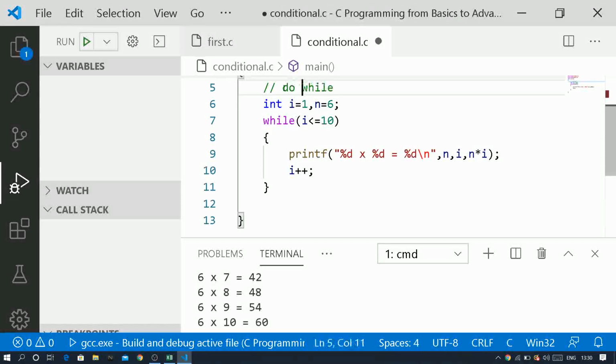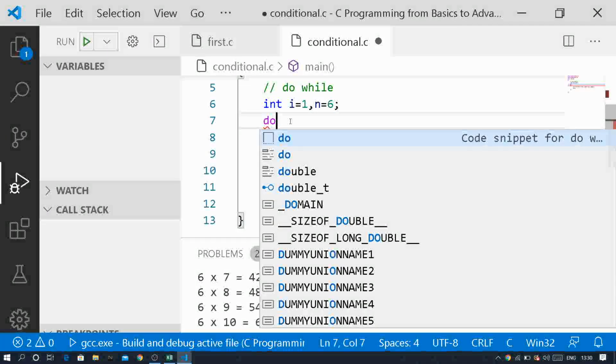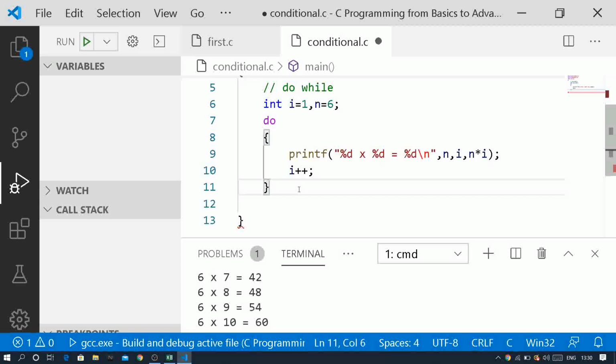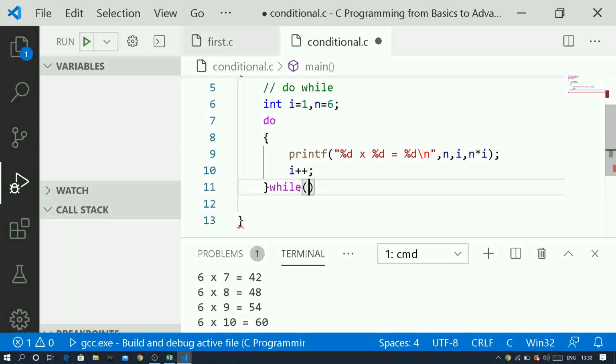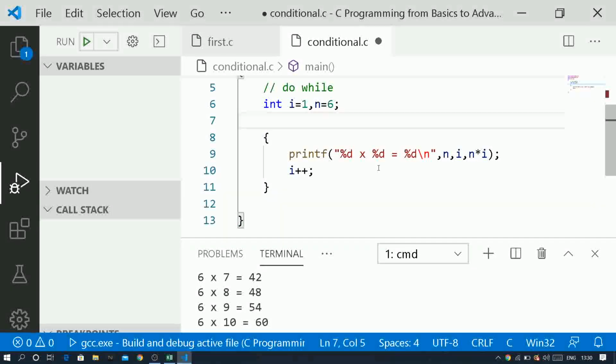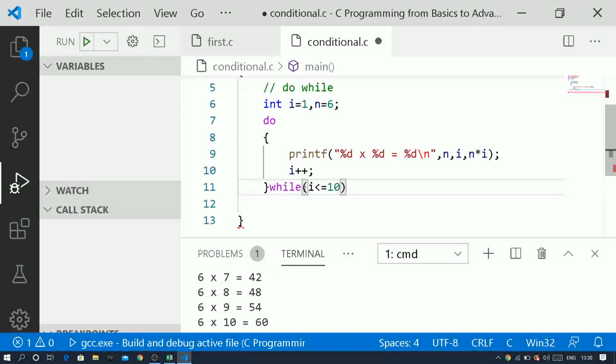Nothing else I'm going to change, only this part. I'll convert this part into do, and I'll write the while after do. In the while condition, what is it? The same condition. Let me show you what I'm doing: I'll copy it and change it to do loop, do body, and place this while condition here with a semicolon. What will happen? First of all, without checking any condition, it will directly enter the loop